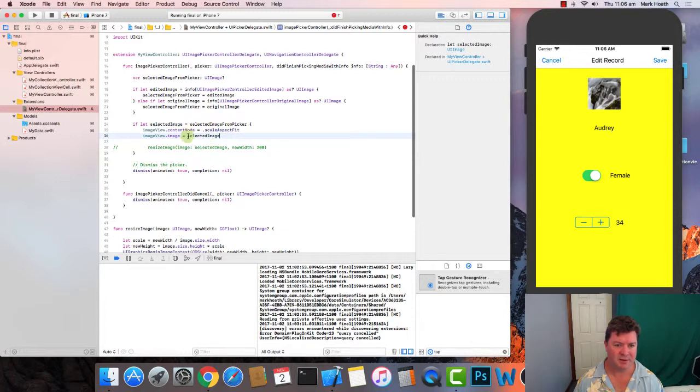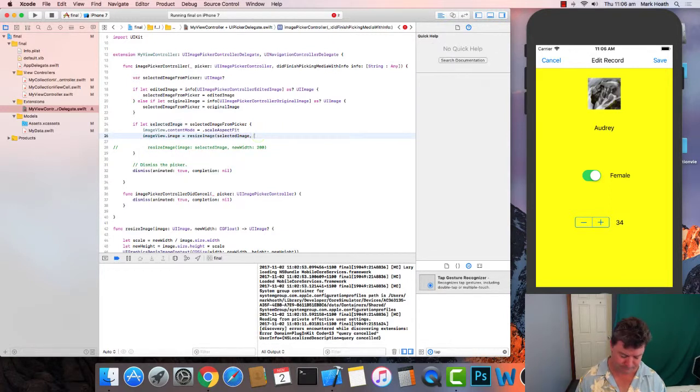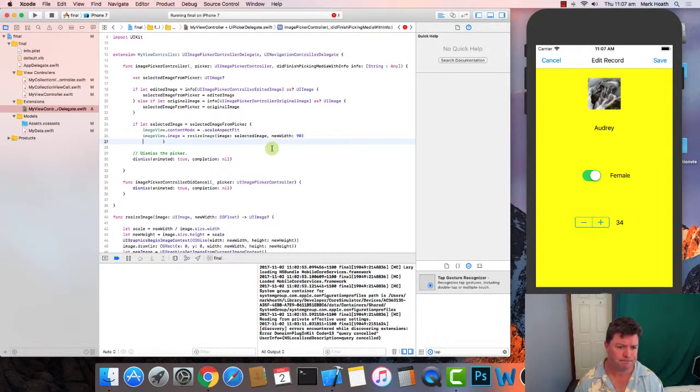So where it says selected image, we just want to call resize image, selected image, and we want it to be 90 because that's the width here. Missing arguments, yes, okay. So image, new width. Okay, and then if we go back to our saving,